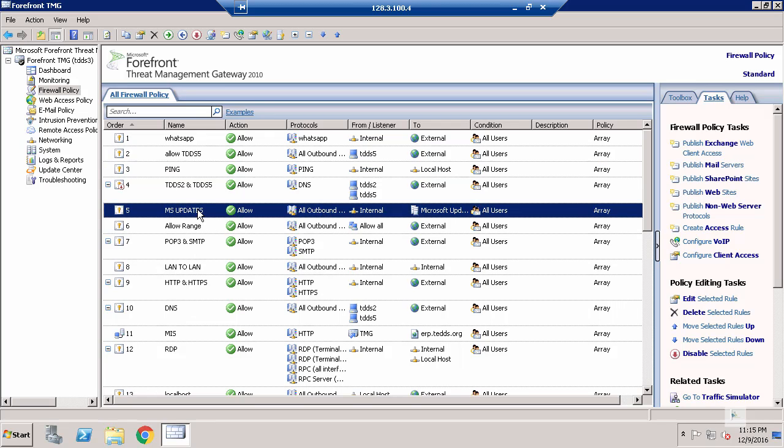Okay, MS updates. Definitely users will go and take updates from Microsoft. This is a Microsoft product, so every single user, your DC, your other servers, and this firewall are going to take updates from Microsoft. So the firewall, this TMG, is a firewall,